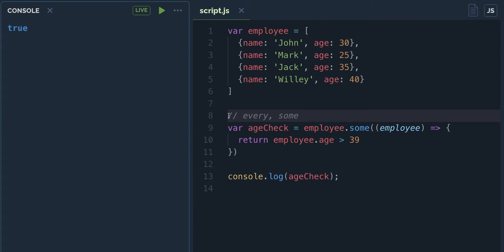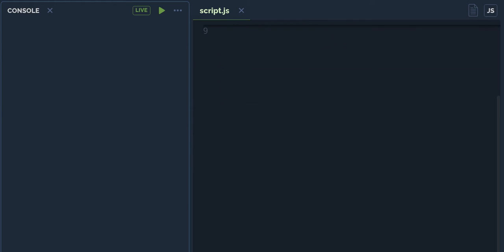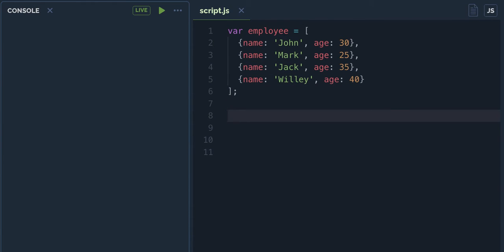So the next function that I want to discuss is the filter. The filter basically, if you want to extract from this array, let's say, all the objects which have age greater than 30, if you have a use case like that, then you can use filter. So how it works is, let's say filtered is equal to